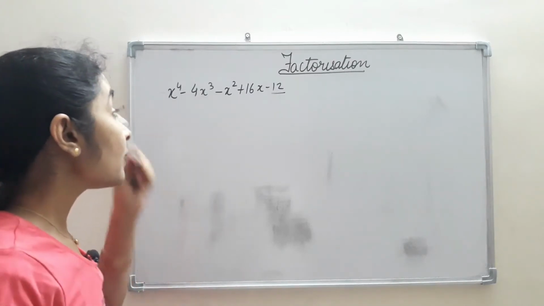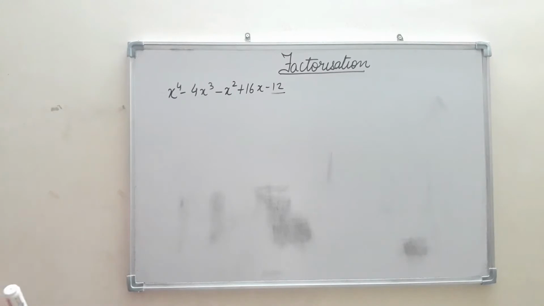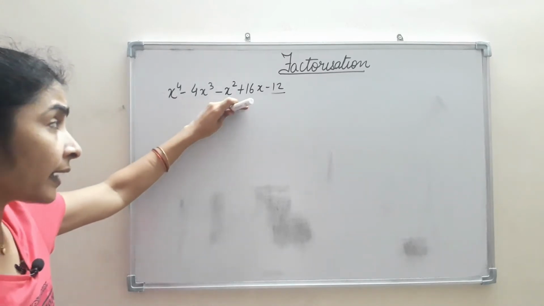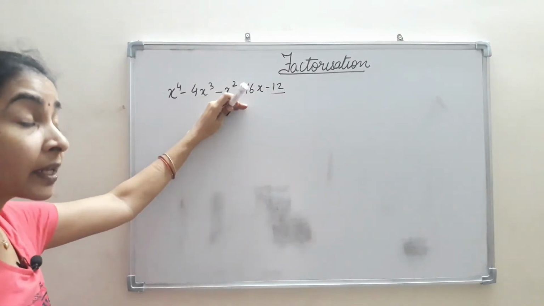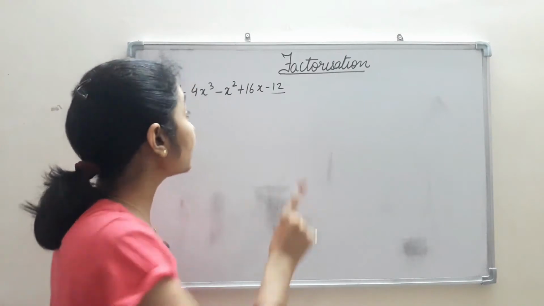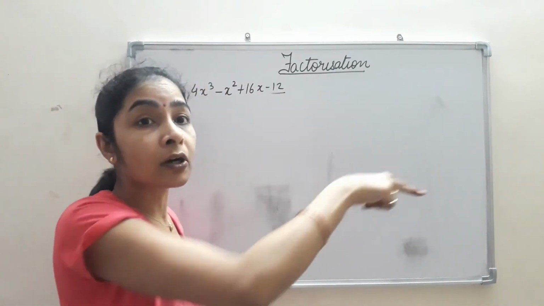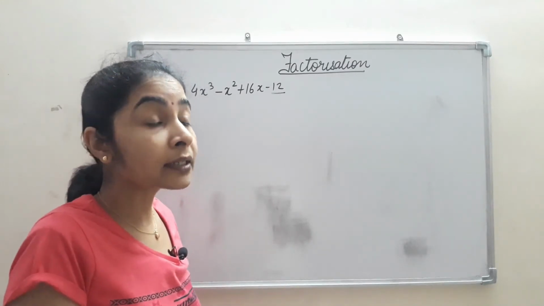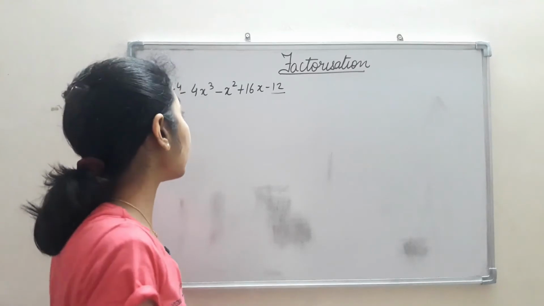One method is this. The other method is when we just divide it first by one factor and then use the division method. Now again, when we will use the division method after getting one factor, then we will get a cubic polynomial in the answer, and then the cubic polynomial again we will have to factorize using the trial and error method.